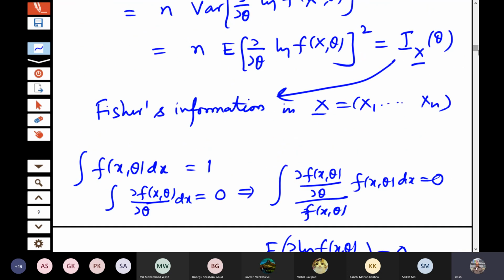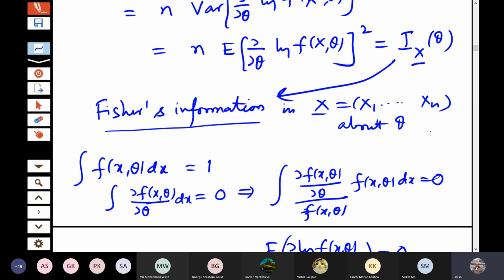This concept of information was actually given later, in 1947, by Claude Shannon in communication channels, and now information theory is a well-developed subject for all engineers and scientists. But the first such measure was actually given by Fisher in statistics, and this is called Fisher's information measure. So in X, we have to say this is about theta. So what is the purpose of sampling? The purpose of sampling is to derive certain inference on the parameter of the population. So that means the sample gives you some information. So how to measure that information?